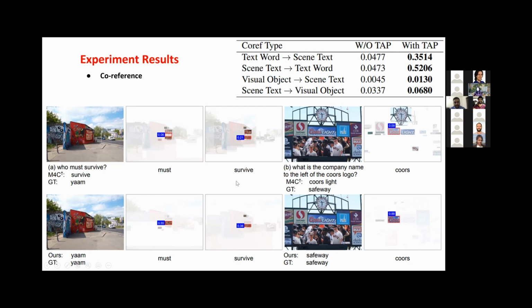So here we just show some experiments where we show the attention score between the word from the question and the syntax region, which we detected by the OCR. In this example, in the A, who must survive, the baseline attention score between the words must and survive and the corresponding OCR syntax region is pretty low, but after the text-aware pre-training, we can see that